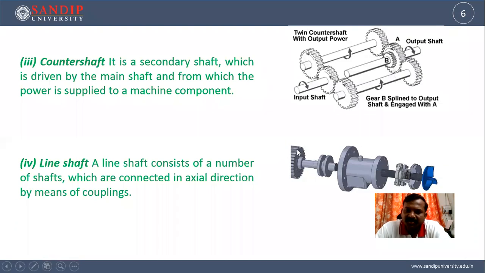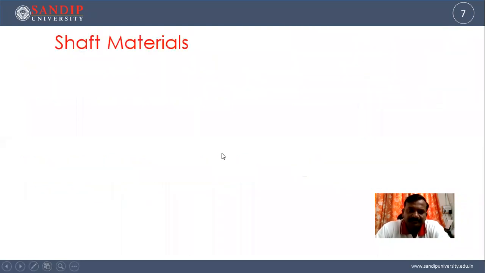So here you can see a motor which has a coupling. Then it may have a gearbox for reduction or increase of the speed. Then again one more coupling, one more device where again the reduction or increase of the speed will be there, and then the runner or pulley or whatever is there will be attached. So everything is on one axis, that is in one line, and that is called the line shaft. So now these were the types of shafts we have seen: axle, spindle, counter shaft and line shaft.